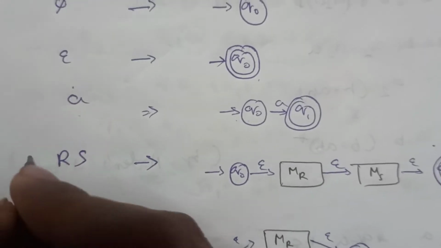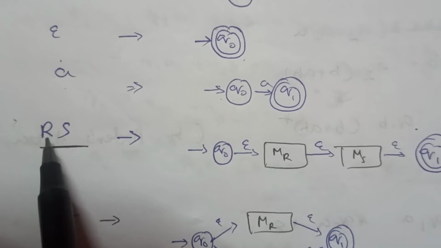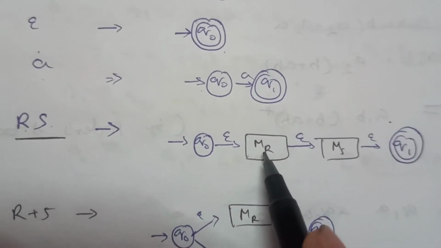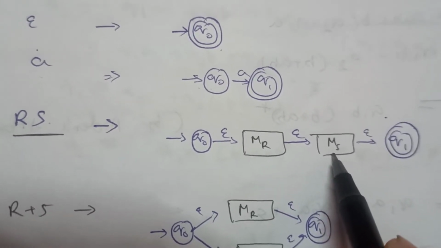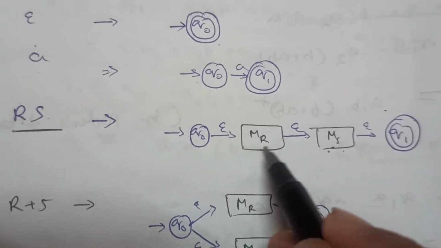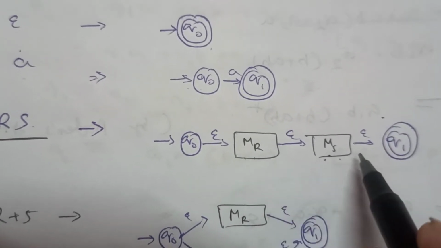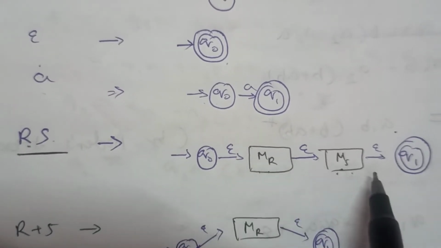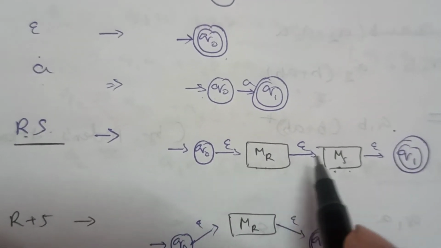This is the property of concatenation. There is a regular expression r and there is a regular expression s, and Mr is the automata we have formed for regular expression r. Ms is the automata we have formed from regular expression s. There may be any huge automata inside Mr or Ms. We are just representing those automatas here as Mr and Ms. So the automata for regular expression r is Mr and for s is Ms, and to concatenate those we will just use null transitions between them.